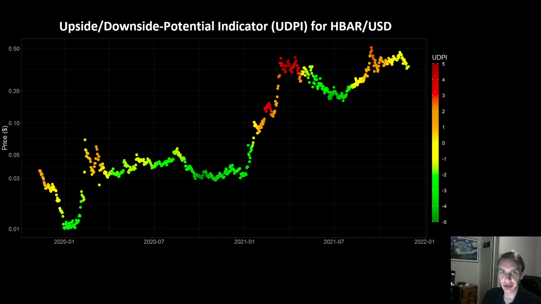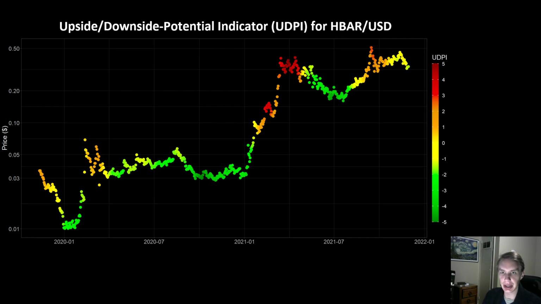So with this channel, we talk a lot about our risk indicators, and one of the indicators that we've created that we've been looking at here is the one for HBAR. And this indicator that I'm showing you a graph of here, it really just determines when the asset is high or low risk, when it has high upside potential, or when it maybe has more downside potential to be realized.